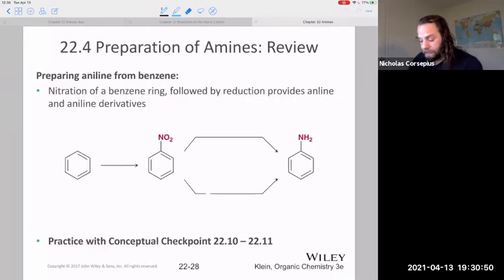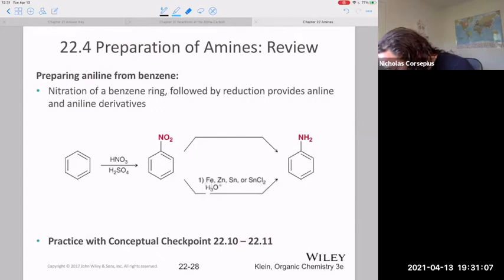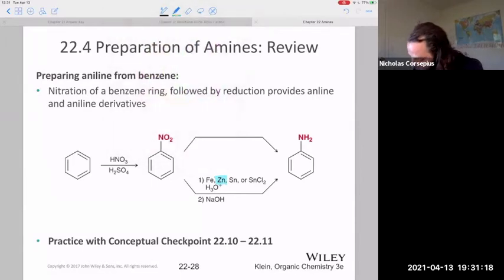If we want to make aniline, we know how to do that by first putting a nitro group on the benzene ring. How did we do that? That would be this nitration reaction that uses these 2 strong acids, nitric acid and sulfuric acid. And then the method that we learned about was to use some metal. Actually, it's funny how they like to add on as you go. The one that was previously told to us was zinc. Now we're going to add a few more on there. Iron is a good popular choice. Iron's really cheap, as well as tin or tin chloride in acid followed by base. That would be one way to reduce it. Another way to reduce it